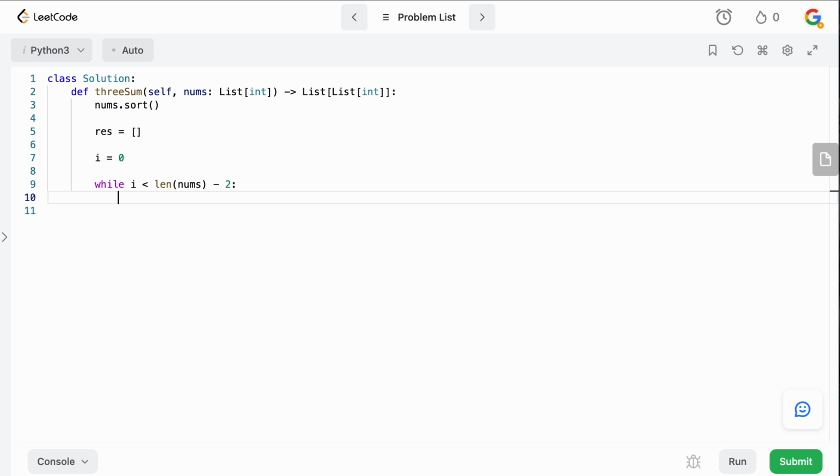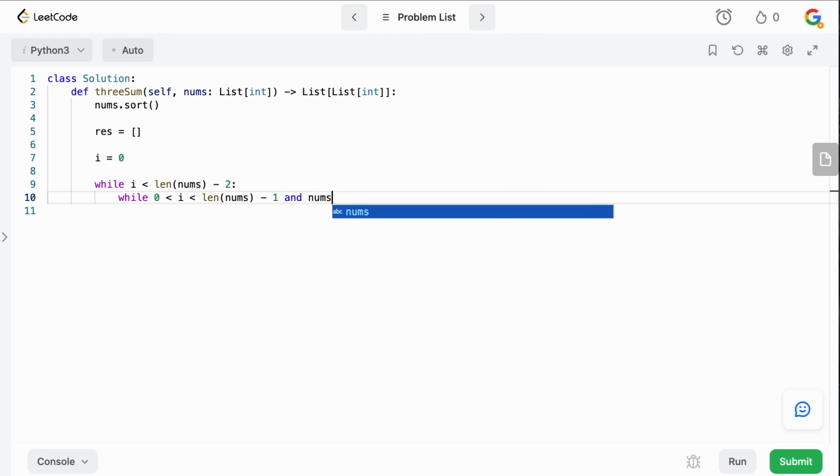Now we actually want to make sure that we don't have duplicates in our solution, which means that if we found a potential solution with i, we don't want to consider the same i again. Remember that the array can contain duplicates, but our answer may not. So if we increment i and it's the same value, we'll introduce duplicates. So when i changes, we need to always make sure that we don't have a duplicate. The way that we're going to do this is we're going to say while i is greater than 0 and less than length of nums minus 1,